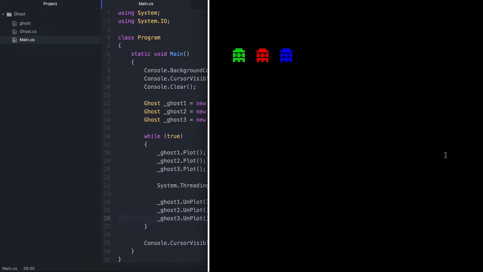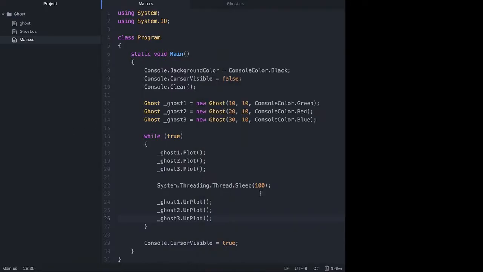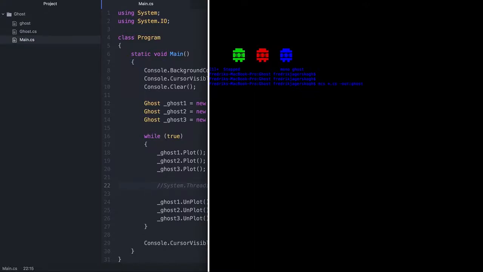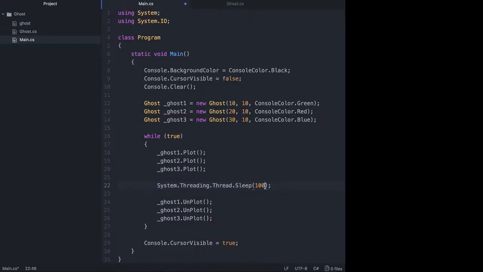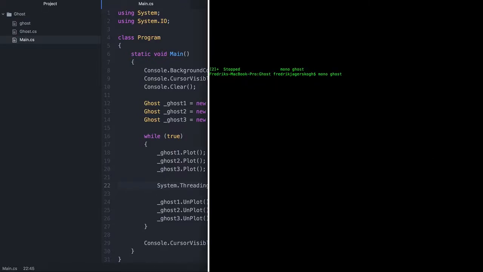Okay, so it's looping, but it's not working the way I wanted it to. Oh, there we got a change. Let's break this. There we go. Okay, let's change this. Okay, let's try without this first. There you see what I mean. We need to have that part. But let's set it to, for example, 40. It's still too much,